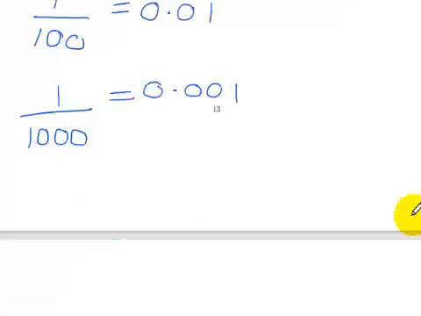You learned this in grade 6 and 7. As well, you have learned to express a fraction as a decimal when the denominator is not a power of 10. Then we use equivalent fractions. You have learned how we obtain equivalent fractions under the lesson of fractions. So when you are given a fraction like this, you can express this fraction as a decimal.